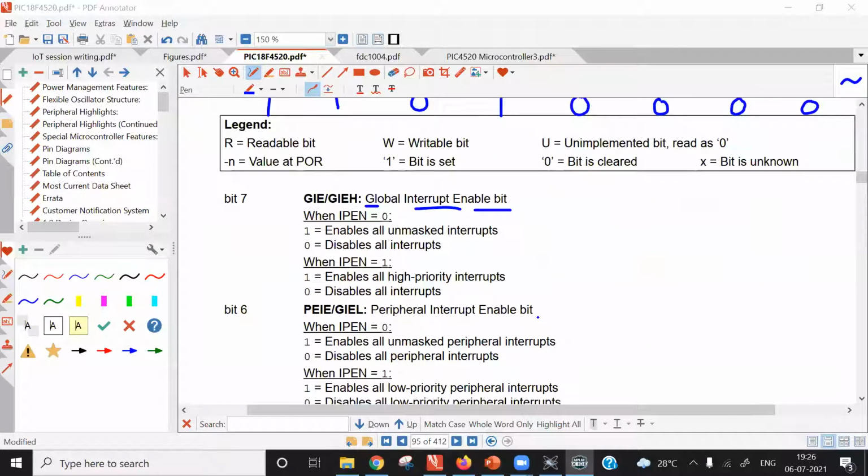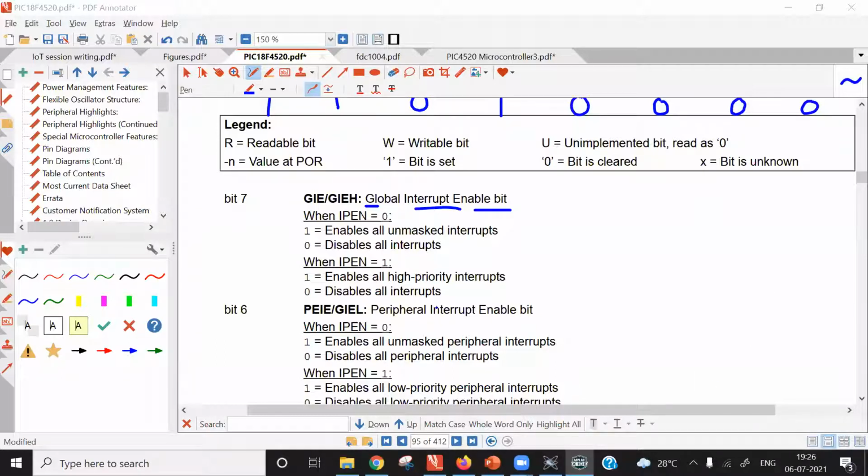As I already said, there are many interrupt sources in the PIC microcontroller. Most of these interrupt sources are from peripheral devices. So if you want to enable interrupts on peripheral devices, then this bit must be 1. Whereas for the external hardware interrupt, this bit is not related and can have any value. But for peripheral devices, PIE bit must be 1.